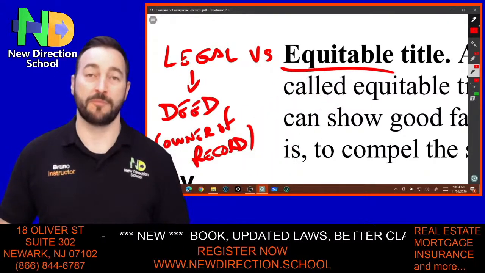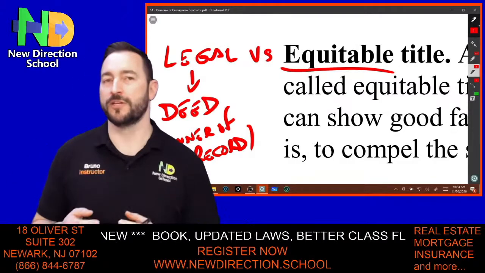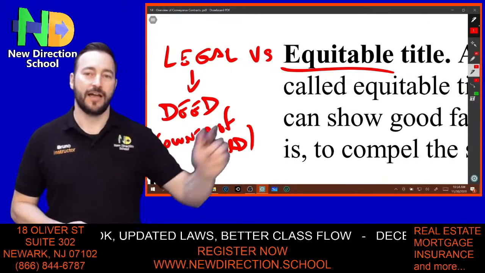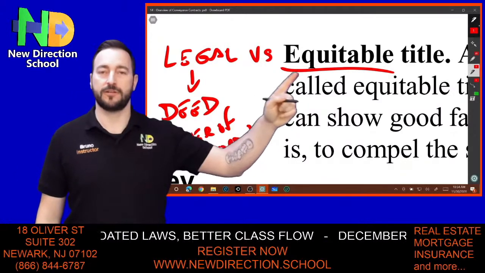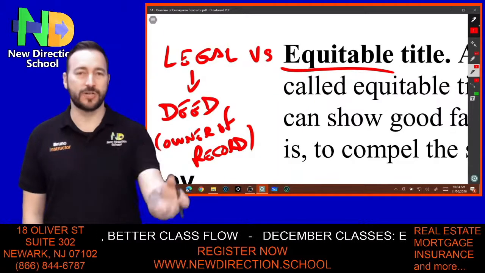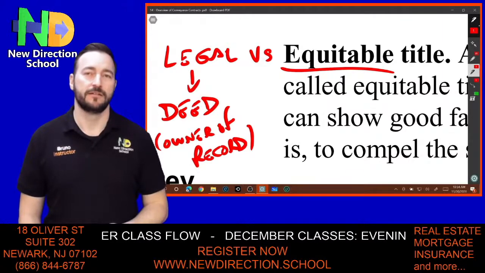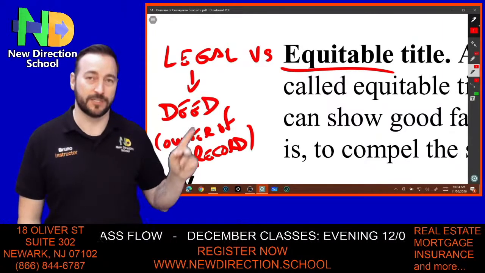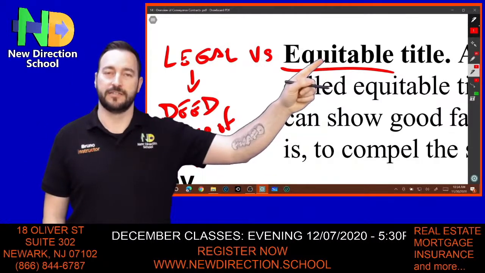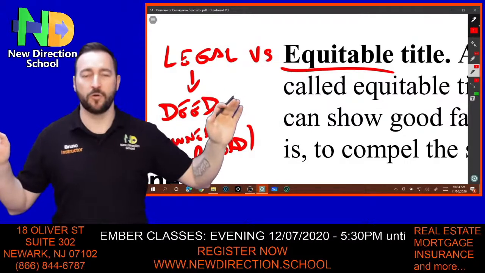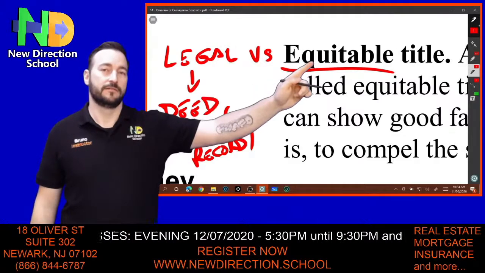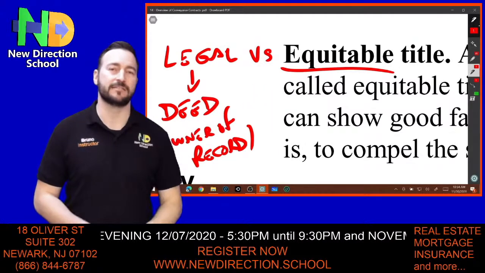Equitable is, for instance, when I put in an offer. During that executory period, until we close, I have ownership based on equity, okay? What does that mean? It means that the seller, the one with the deed, the owner of record, with legal title, cannot sell until I release this. Until I say I'm not buying anymore. I have equitable title.